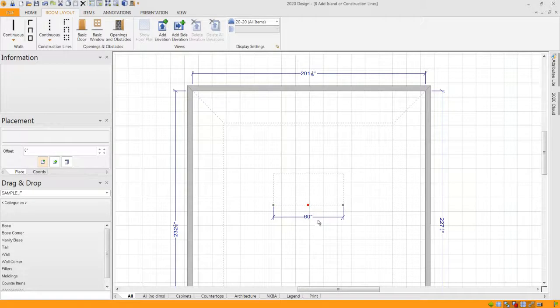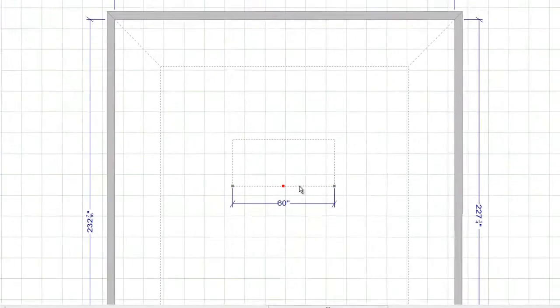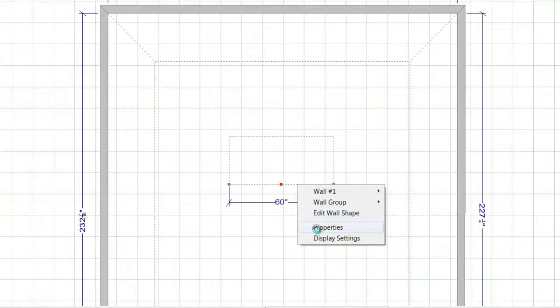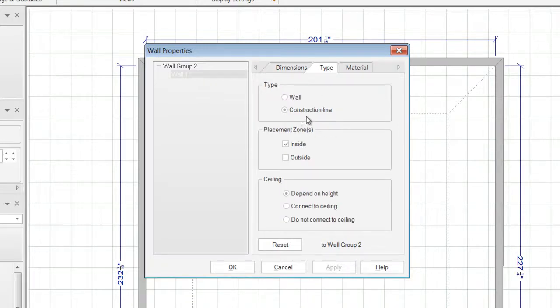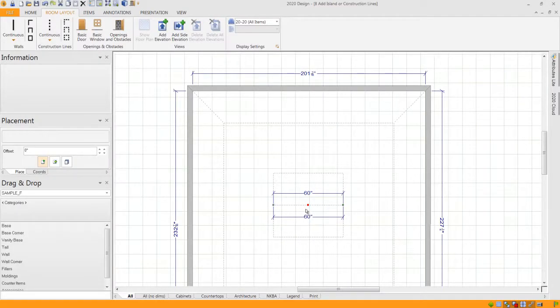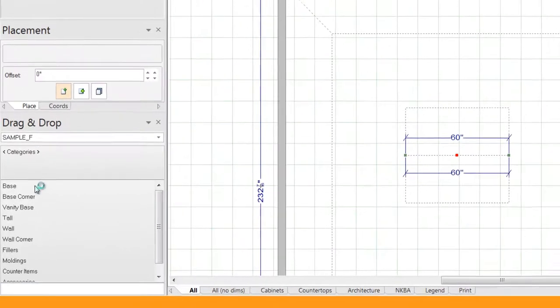Now, I mentioned that my island was going to be double-sided. Right now, you only see cabinet space on one side. If I right-click on that back line, I can choose Properties. Now, under the Properties tab is a feature called Type. Under Type, you'll see that my wall is already a construction line, but if I wanted to make it two-sided, all I need to do is put a check mark in the box next to Outside. When I click OK, you now see that my island is two-sided,